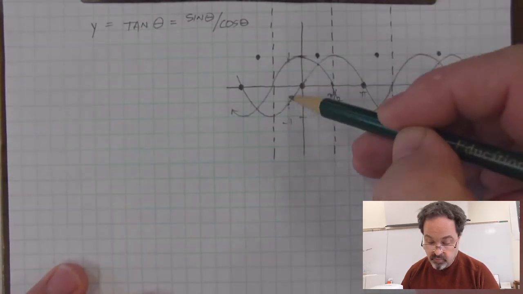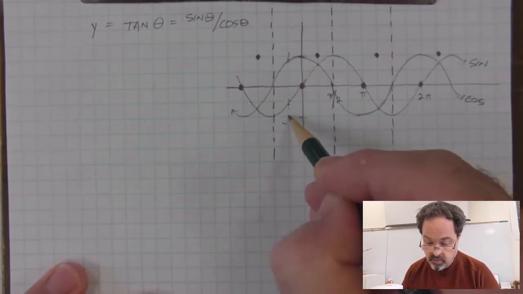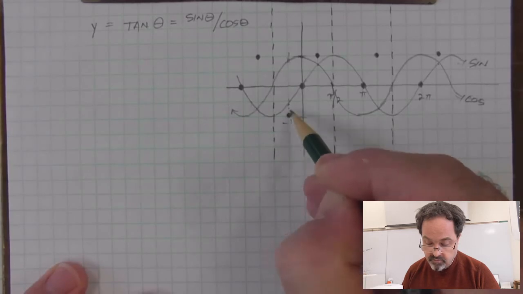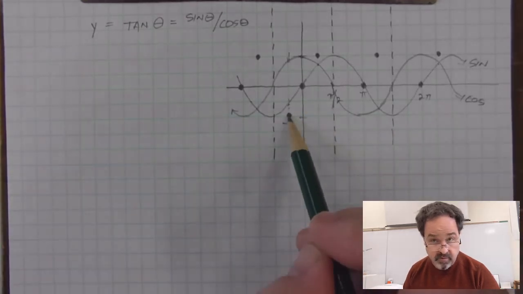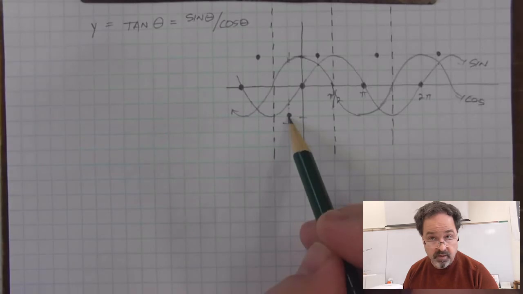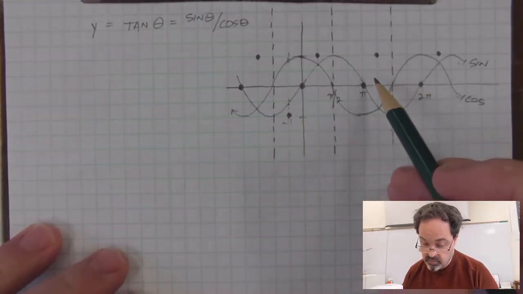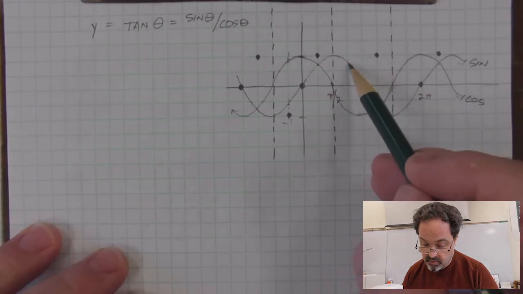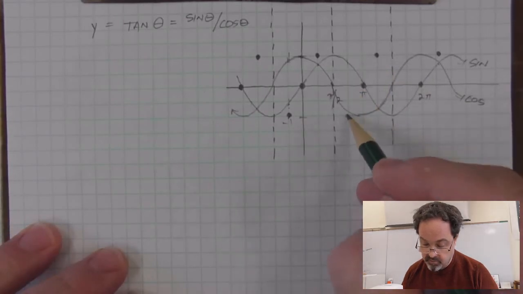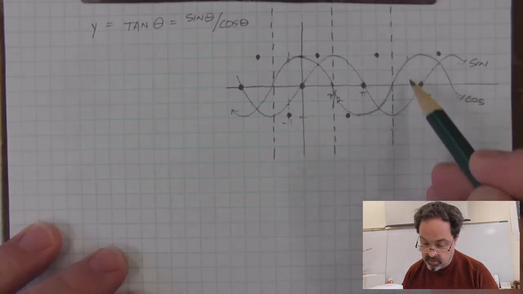So where sine and cosine here are equal but opposite, tangent is -1, which establishes this point on the tangent graph. Sine and cosine are equal in magnitude but opposite in sign here as well, making a tangent of -1. And here,